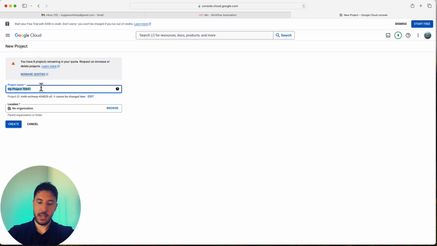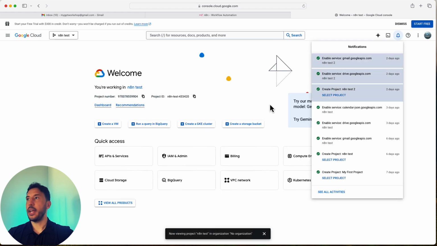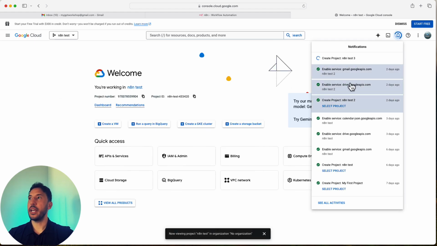You're going to name your project. So I'm going to do n8n test 3. Organization, leave as no organization. Click on create. So now it's going to create your project. And then once you are